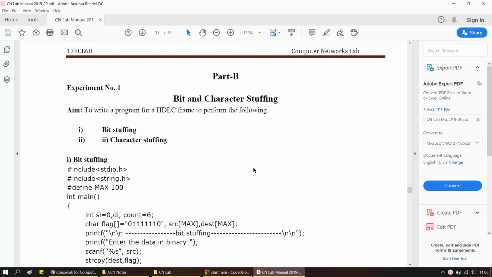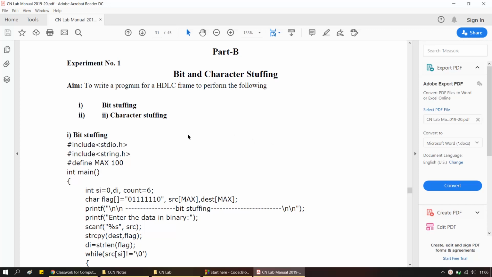The data frames can be of fixed length or variable length. So as we have already seen, in variable length framing, the size of each frame can be different, depending on the availability of the network. So a pattern of bits is used as a delimiter to mark the end of the frame and the beginning of the next frame. So in order to know what is the beginning of the frame and what is the end of the frame, this particular bit and character stuffing is important.